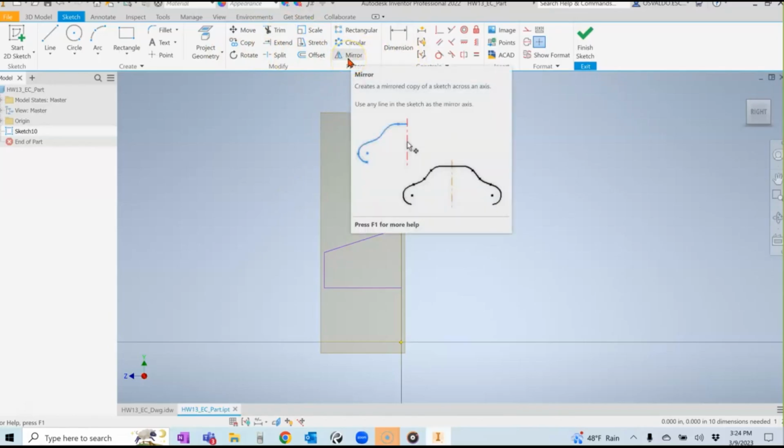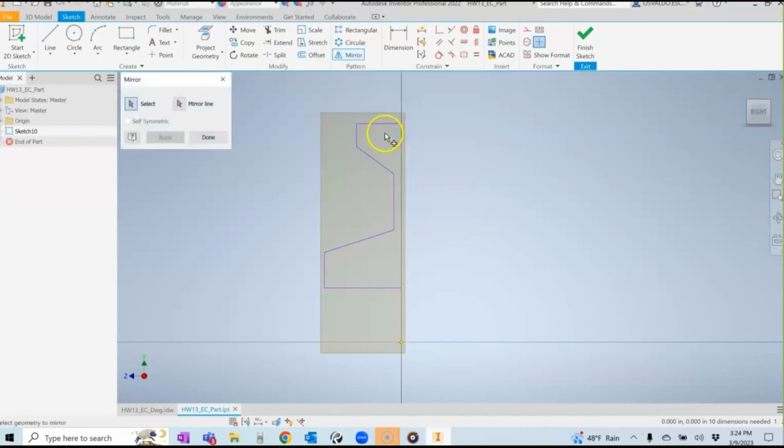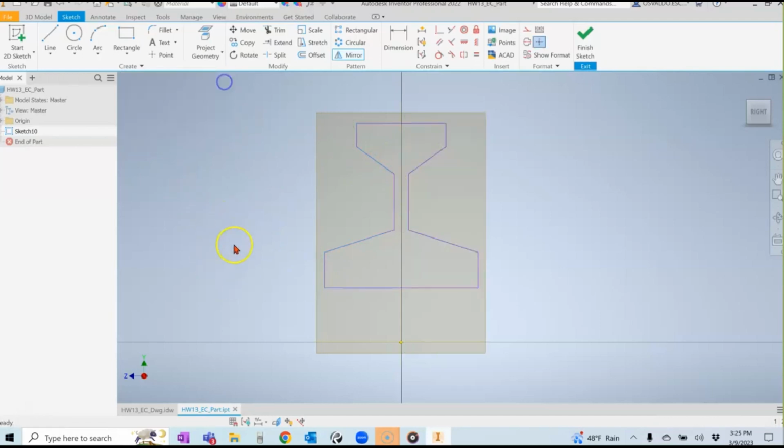So I have a mirror line, and I'm gonna mirror all of these to the opposite side. So I'm just gonna select this and this and this and this and this and this and this, and then I'm gonna say I wanna mirror it with respect to this, and then I'll say apply. Boom. What the mirror allows me to do is if I change this distance, the opposite side will move at the same time, right? I think that's the cleanest way to do it, right, Thomas? I might not be, but